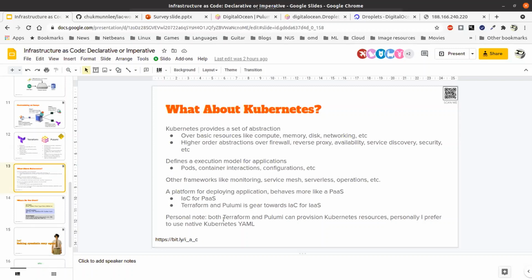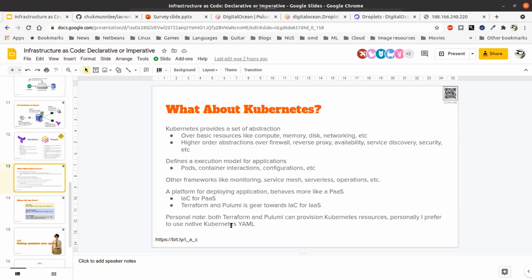from my own personal note, both Terraform and Pulumi can provision Kubernetes resources. If you look at the providers for Terraform and Pulumi, both of them have providers for Kubernetes.